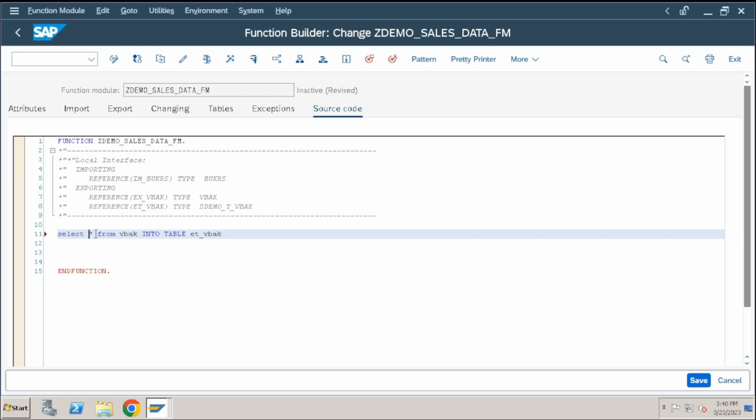Is it a complete table reference or a few fields of the table? Complete table reference. We are using select star here, right? That means we are selecting all the table fields, so both are compatible, right? ET_VBAK and select star. Yes, sir. So I can directly use this exporting parameter, or you can also define one internal table